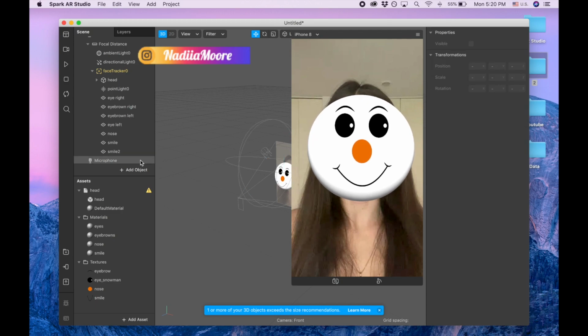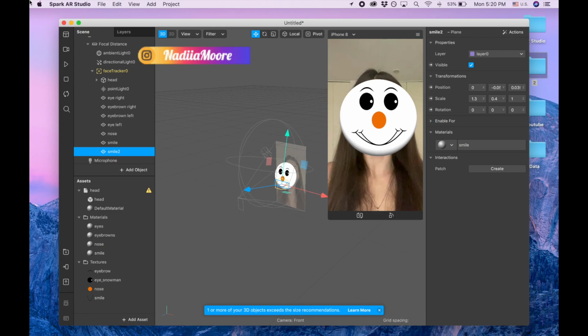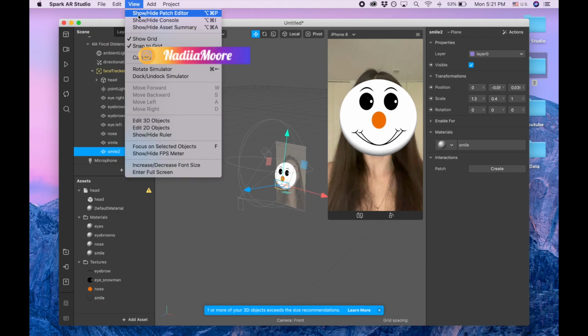And in smile 2, we just wanted to make it a little bit wider, so we're gonna put a scale, and for the X we're gonna make it 1.3. It's like 2 smiles we have, but they're not gonna be at the same moment. In the patch editor, we're gonna make just 1 appear. So now we are going to the view, show height patch editor